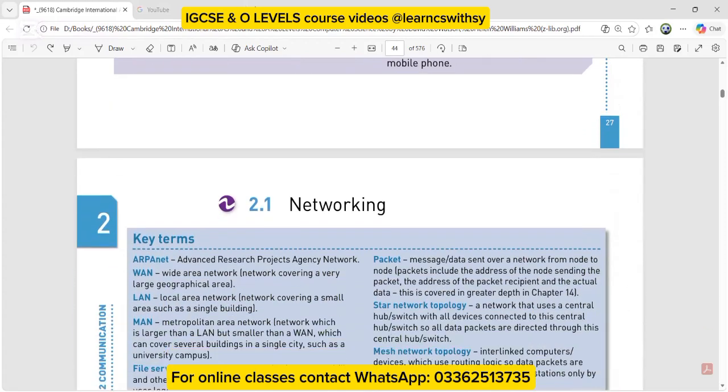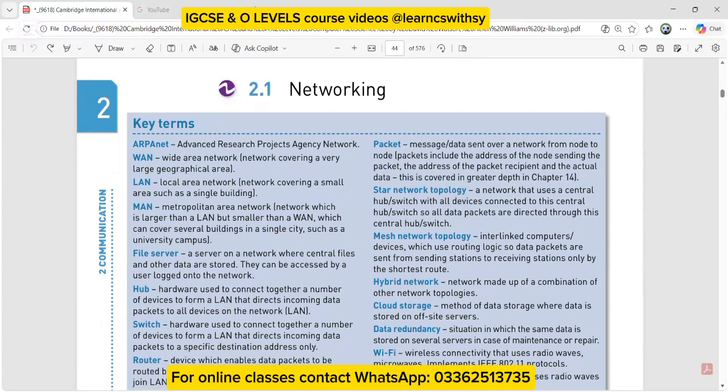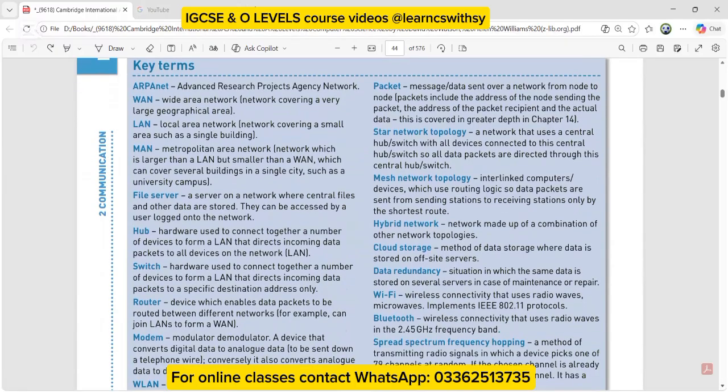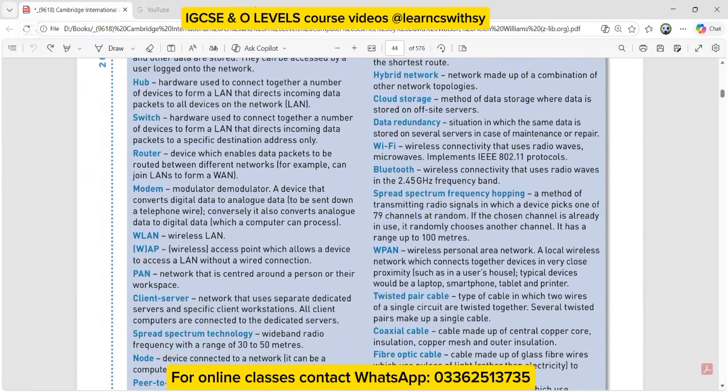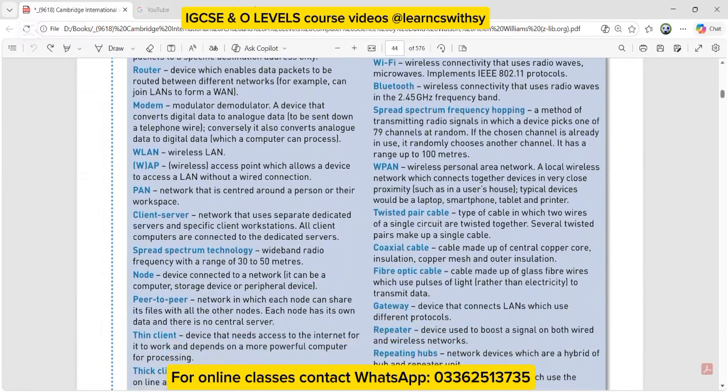By the way, this book contains all the important definitions, or the key terms, given in the beginning. So if you really want, you can access this part and use it for your last quick revision. These terminologies or terms are very, very important for you, especially for those who are facing problems in remembering the stuff.